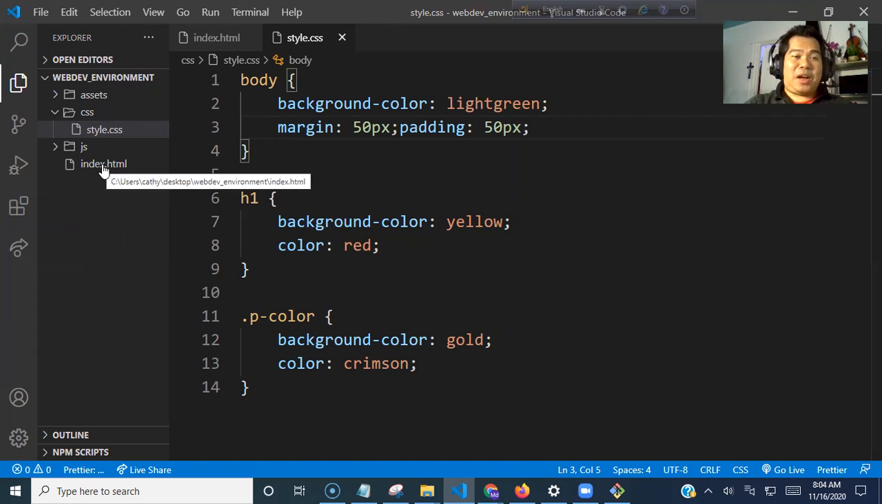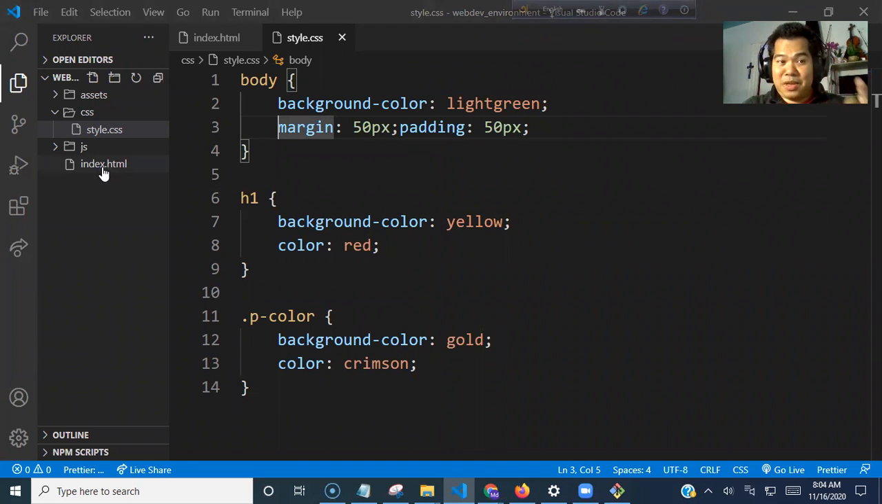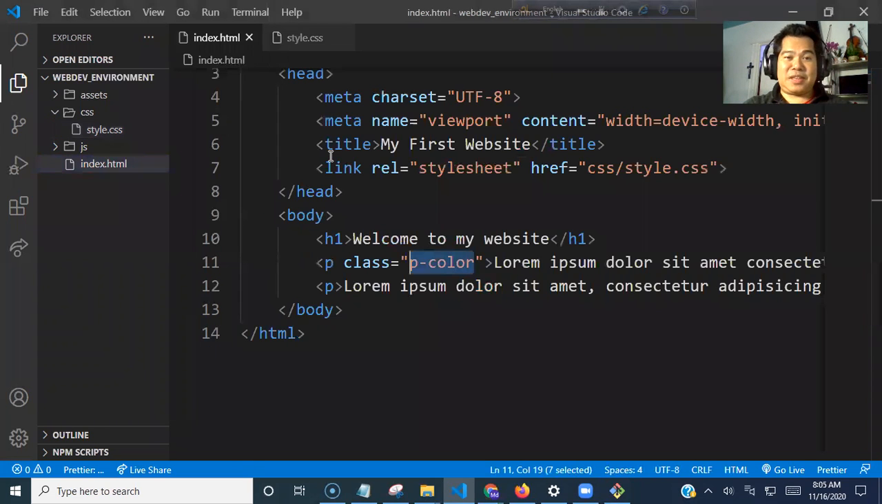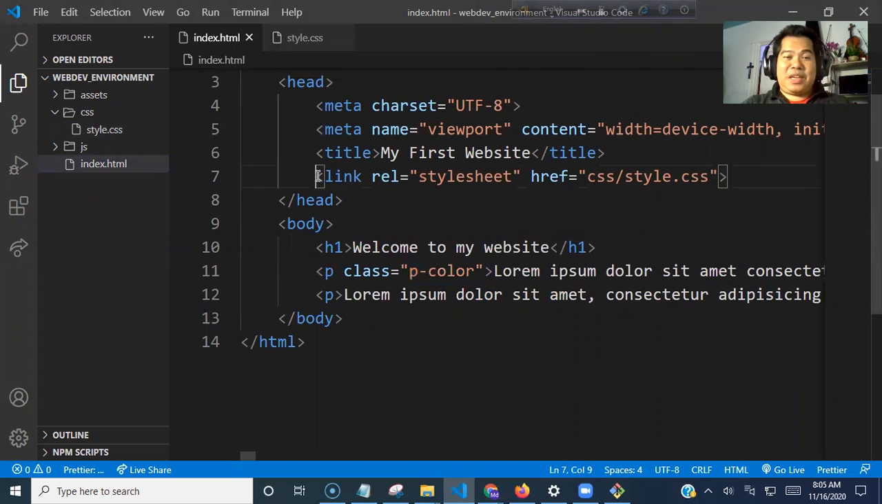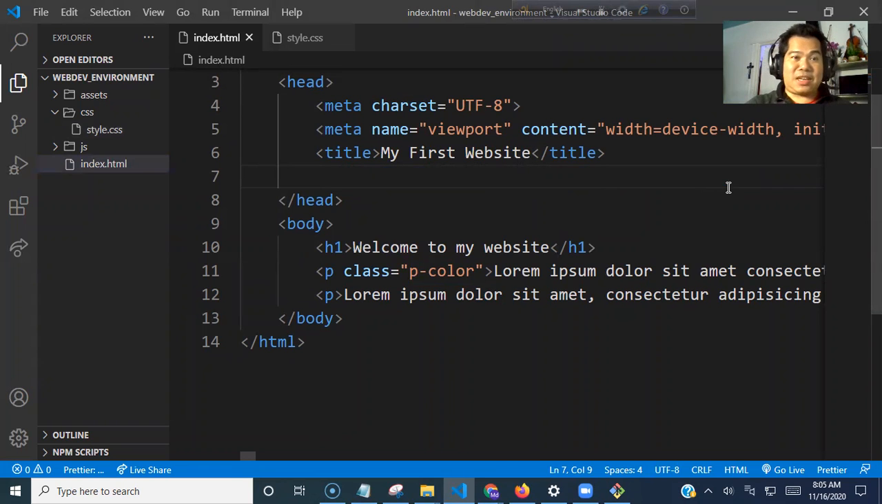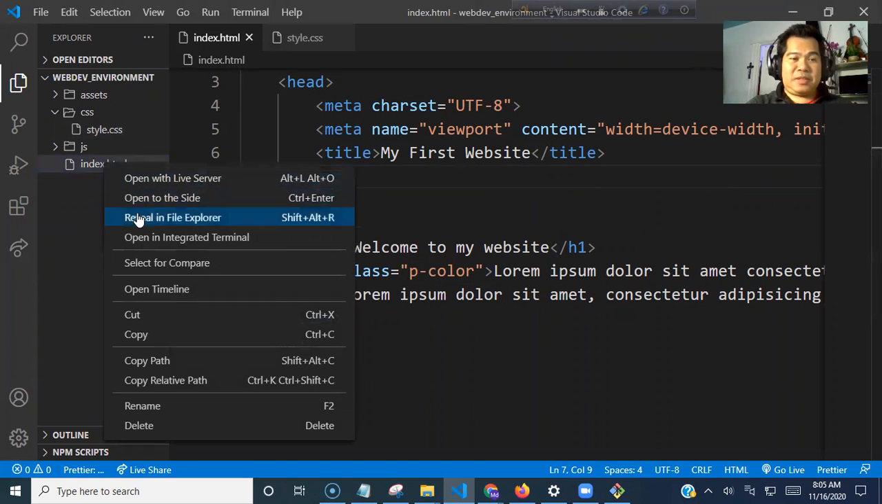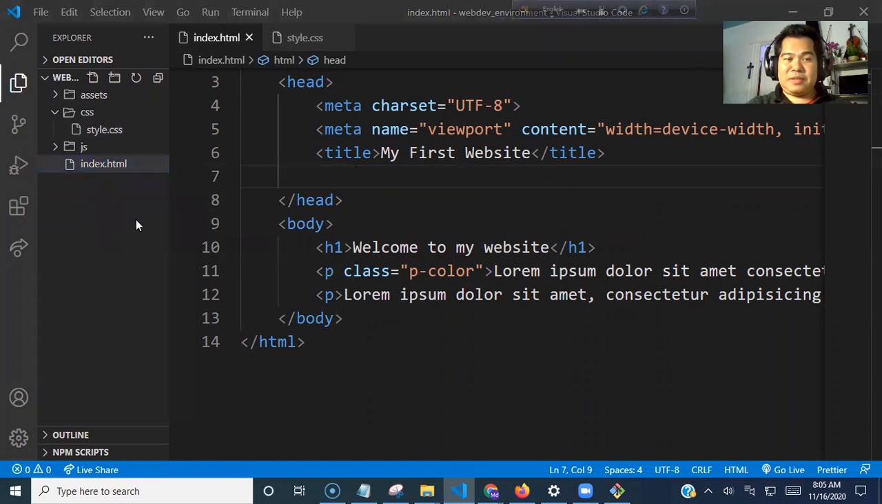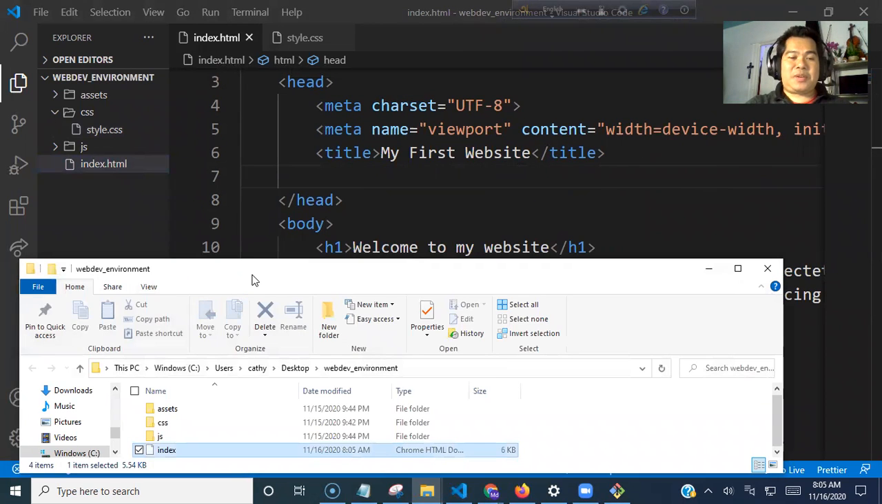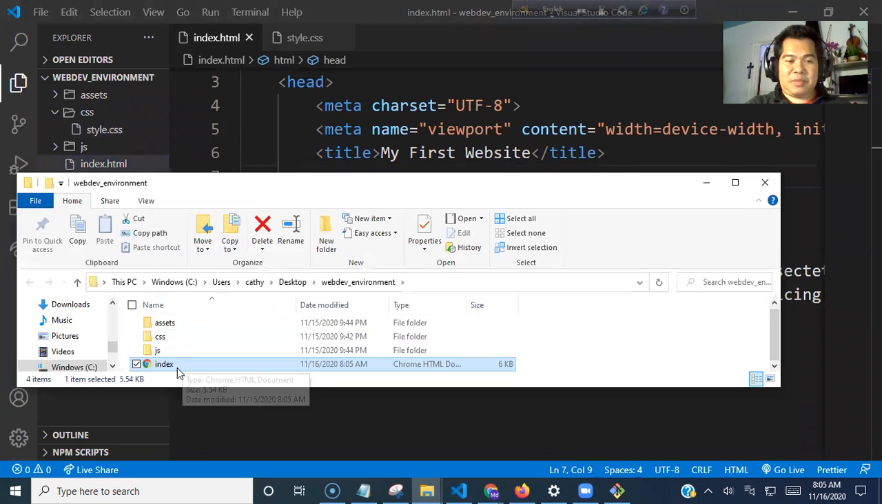Now I'm going to show you how we can connect, number one. How did we connect it? First, I delete the connection. Right button click, reveal in File Explorer, then double click on